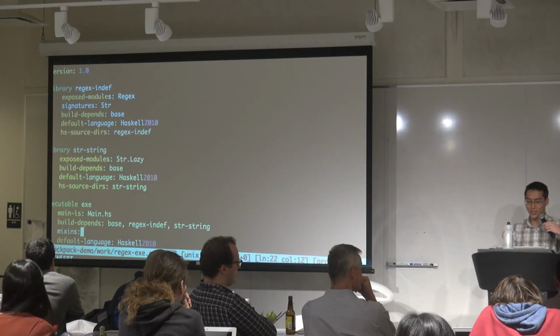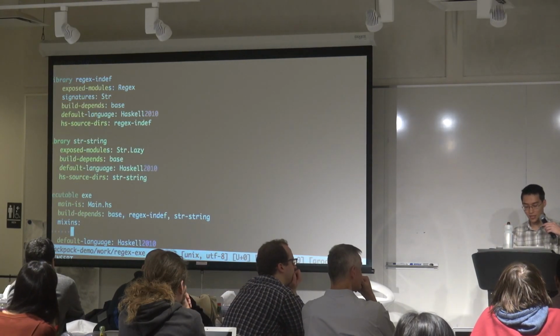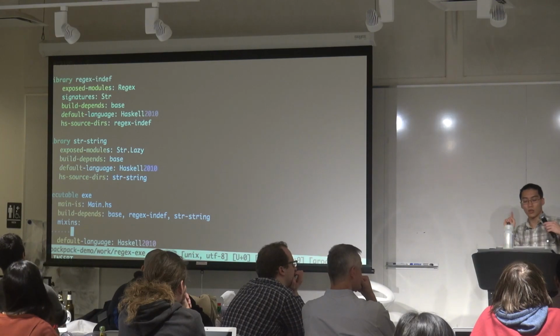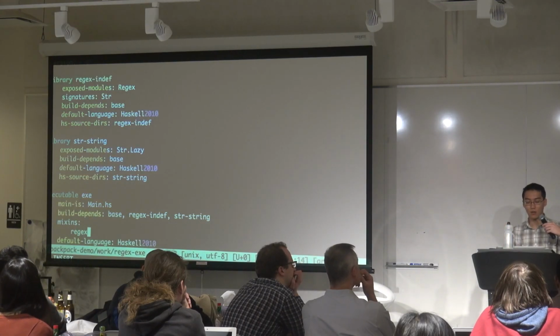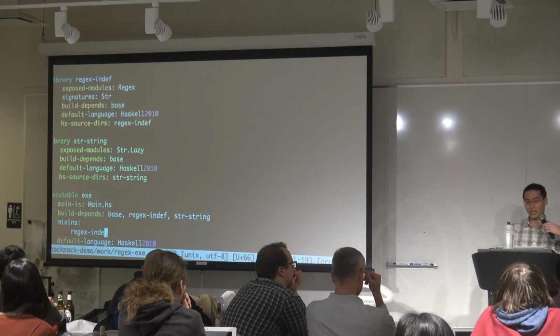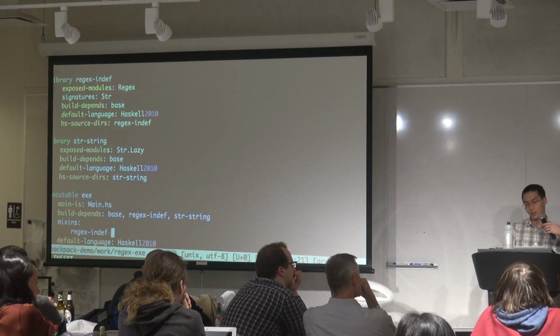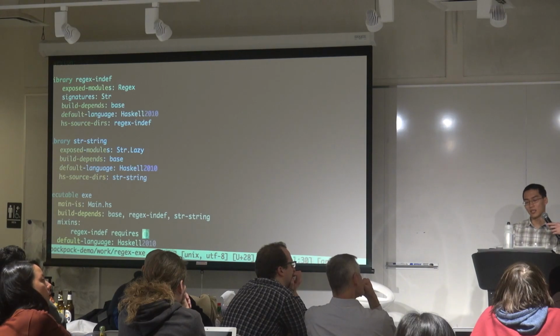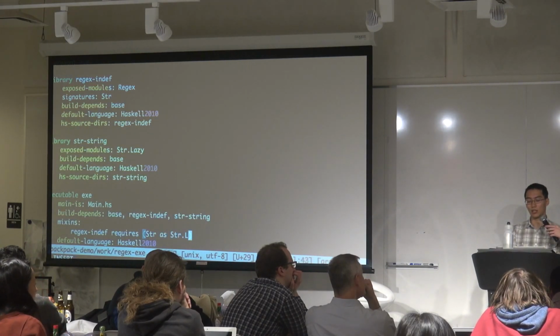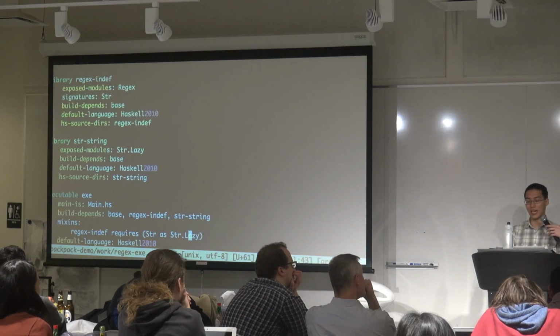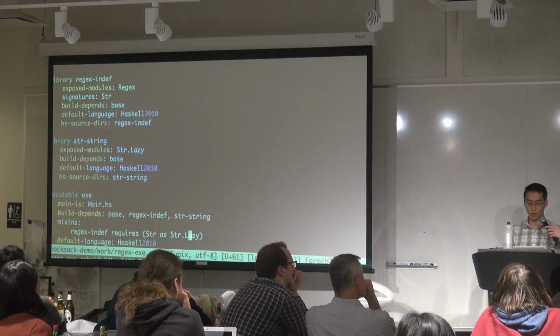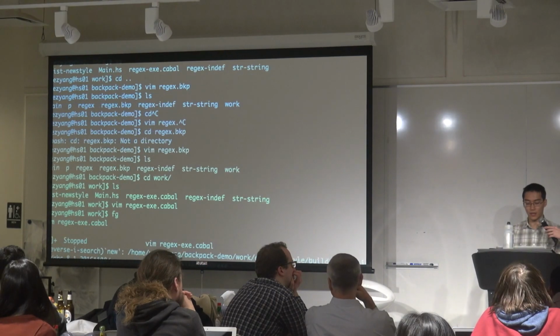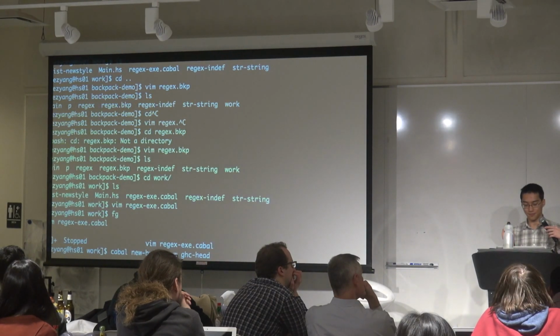So now I use this nifty new keyword called mixins, and I say, well, there are two ways I can do it. One way is I can say I want regex-indef, but I don't want the requirement to be named Str. I want to rename the requirement to Str.Lazy, because that's the name of the module I actually have in my code. And so now if I run this,